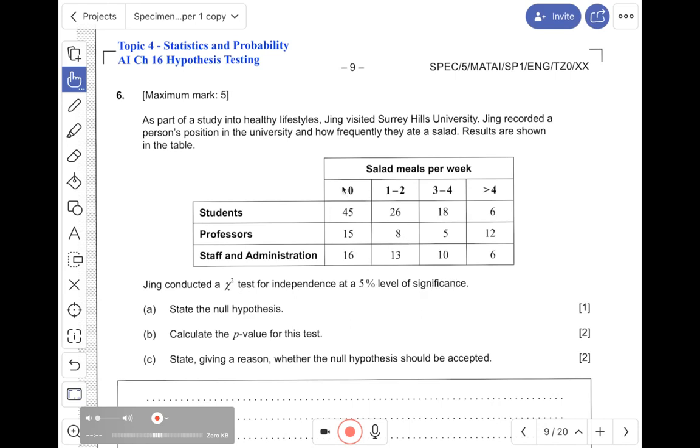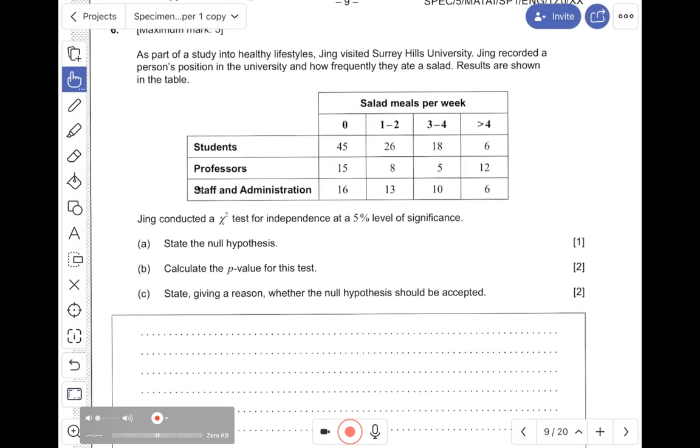Okay, so we can go to the calculator here and put in this data. But first, let's answer the question, what is the null hypothesis? Basically, the null hypothesis is that the two variables are not related. And for the exam, they would like to see the word independent. Okay, so which is the dependent variable, independent variable? It doesn't really matter for the score, but